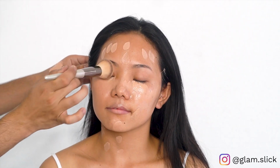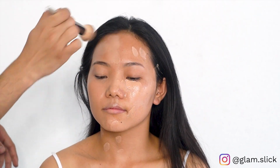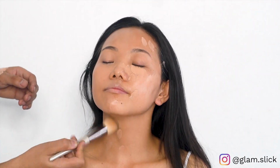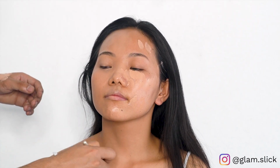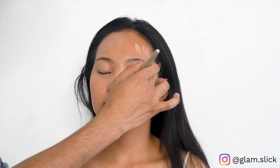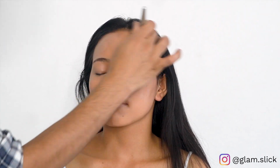So if you want to look flawless and blend your foundation in seconds, always go for a brush. There are so many foundation brushes in the market, people get confused about what to use and what not to use. I always go for a dense angled brush because it just gives more coverage, and it blends your foundation really quickly. And a beauty blender is something that I use after I'm done with the brush, because a brush always leaves streaks, and I don't want any kind of